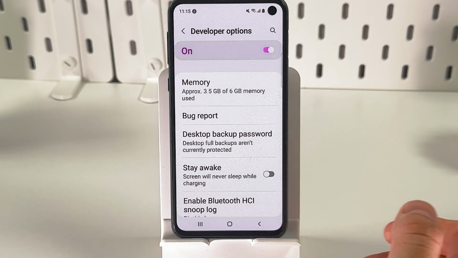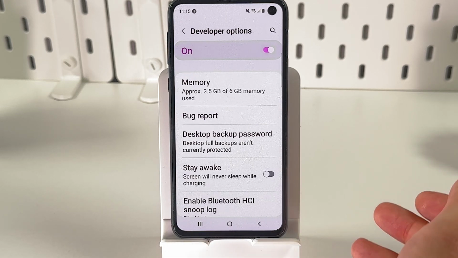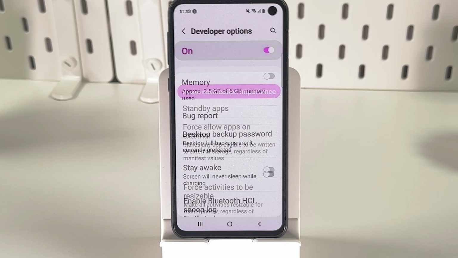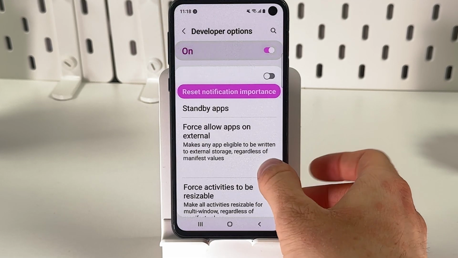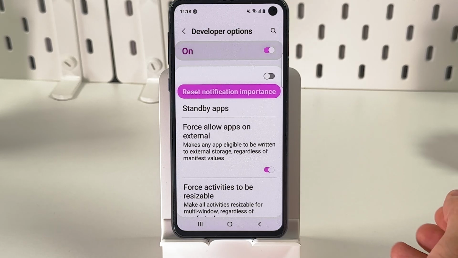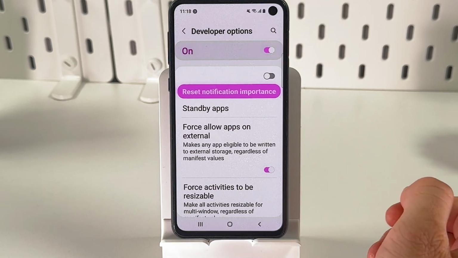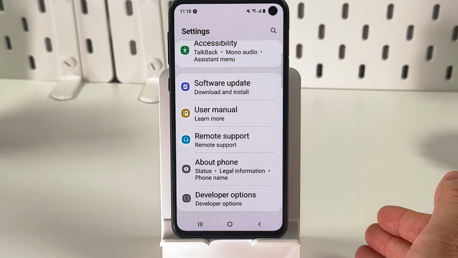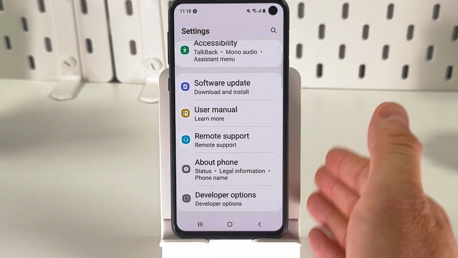So choose this option, and in our developer options, we're to find the Force Allow Apps on External option. As you found this option, simply tap on the switch near it, and basically that's it. Now we enabled it. Alright, now let's go back and let's move some of our applications directly on our SD